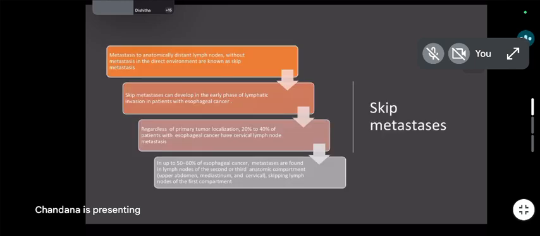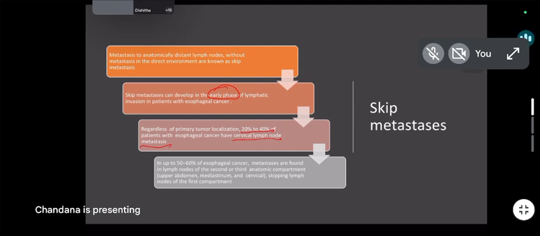So we'll come to skip metastasis. That is metastasis to anatomically distinct lymph nodes without metastasis to the direct environment, known as skip mets. Skip metastasis can develop early in the phase of lymphatic invasion in patients with esophageal cancer. So early also it can develop. Regardless of primary tumor location, 20 to 40% of the patients with esophageal cancer have cervical lymph node metastasis, irrespective of the primary tumor location. That is, it can be in distal esophagus, OG junction tumor, but 20 to 40% it can go to cervical